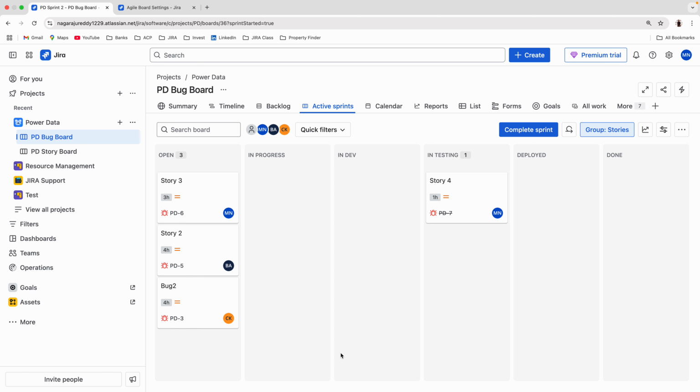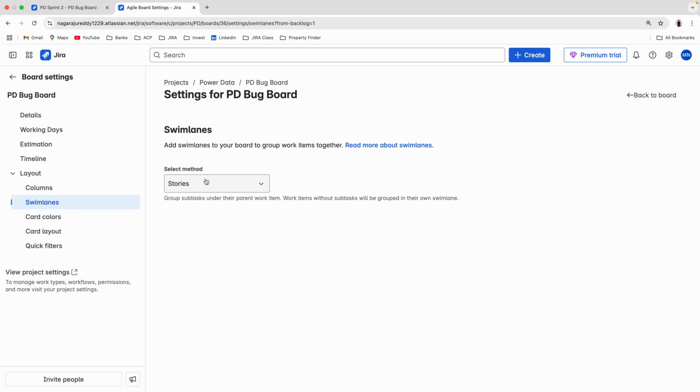The Scrum Master will ask, okay, what is the status? Any blockers will be there, do you need extra time, within the time are we able to finish it or not. Some discussion will be happening. What you did today, what is your blocker, any blockers, or what is your planning for tomorrow. Now if I see all the tickets coming together, I want separations, for example based on the priority or based on the assignee. Like that. Swimlanes,